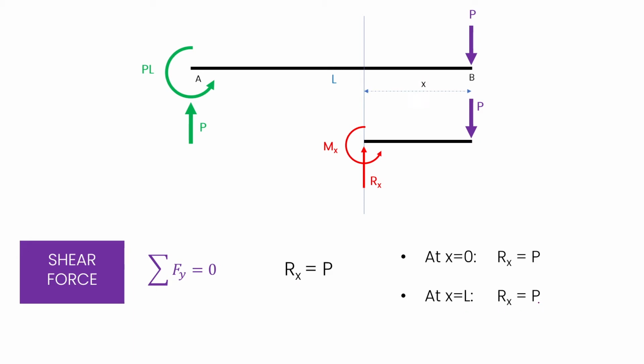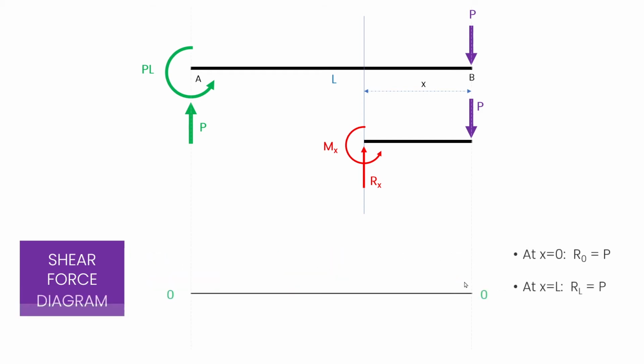Now, another convention when it comes to a shear force is that all the forces moving upwards are taken as positive, all the forces downwards are taken as negative. And this is the convention which we'll be using in the shear force diagram as well. So whenever we are trying to solve for the shear forces, first we'll try to solve for the equation, and then we'll be trying to plot a few points so that it's much easier to plot it on the graph. In this case, it's very easy, as you can see.